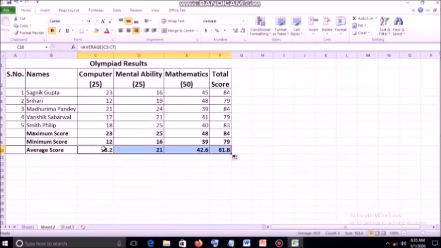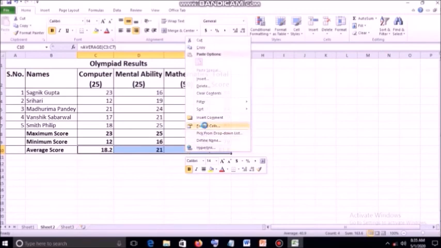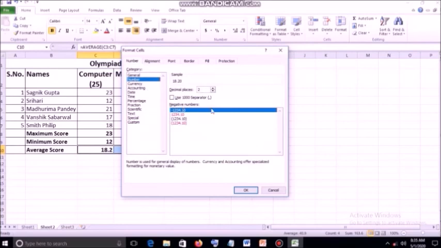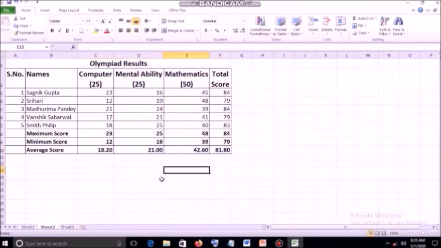Okay. So here decimals came. If you want 2 places of decimals in place of 1 place of decimal, you have to format the cells. Just select it, right click, go to format cells, select the number, see the sample is there, decimal places 2, click on OK, you are done. And the cell address automatically changes when we copy the formula. So in this way we can do that.